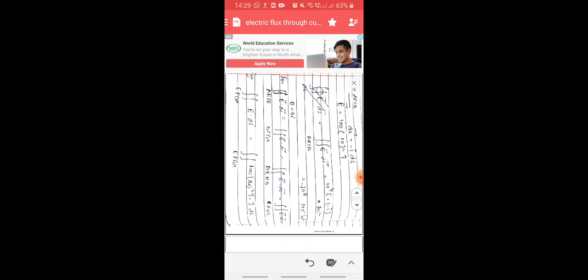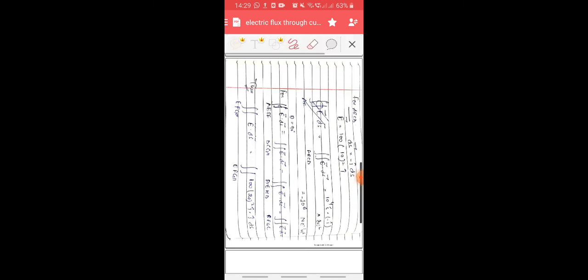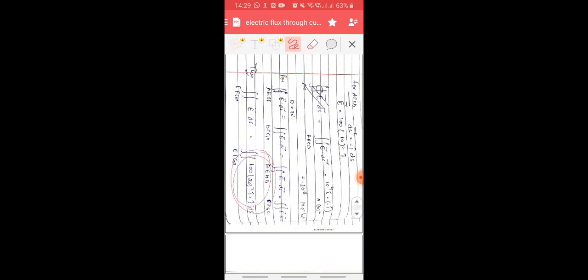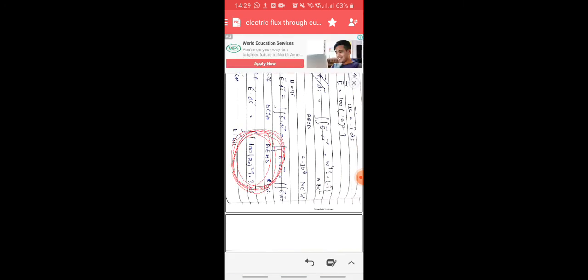Similarly, I have mentioned all the 4 surfaces for which the angle is 90 and all their flux is 0. And at the end, I am left with the flux through the EFGH surface. For the EFGH surface, I have put x to be 20 because it has a distance of 20 from the origin. Finally, solving this, I get the flux, and the total flux I'll get here. So the total flux is obtained by adding the individual fluxes. Only 2 surfaces have flux, but the remaining 4 fluxes are 0. Solving this, I'll get the answer in SI units.